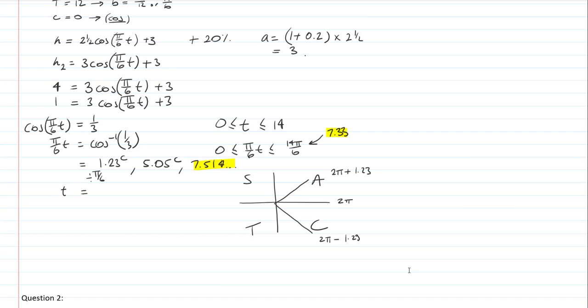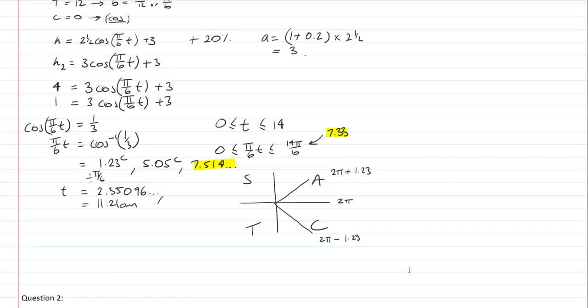It's that divided by pi times by 6, and I get 2.35096, other values there, which I've kept in my answer. That's 2 hours after 9, so it's 11. I subtract 2 from that, multiply by 60, and it gives me 21 minutes. So it's 11:21 AM,